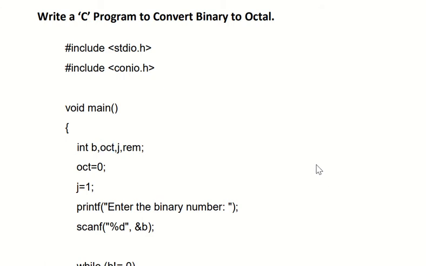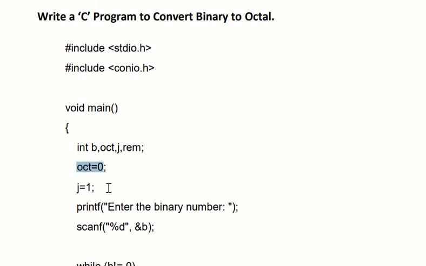And for some logical part we require j and rem, the short form of remainder. So we require 2-3 variables for the logical part: j and rem, that is the remainder.